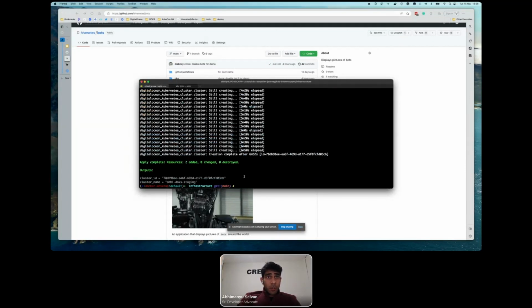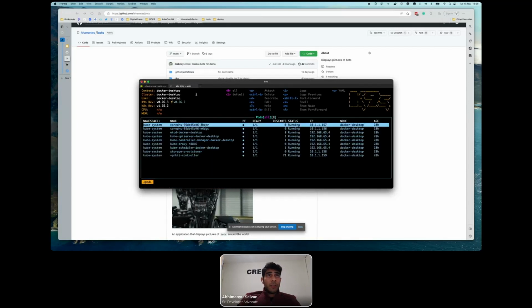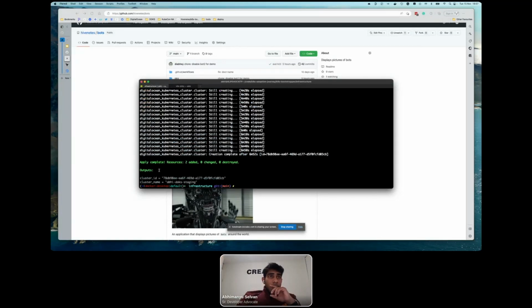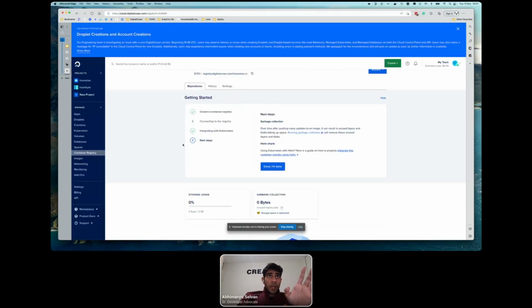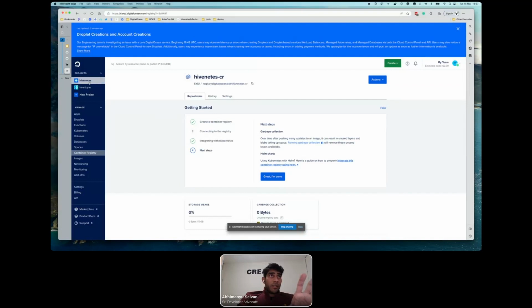Yes. Okay. So this cluster is ready. It's done. All right. Just to recap, we have spun up a staging cluster and the container registry is up and running, and we can verify that via the control panel now. So we have our container registry and we have our